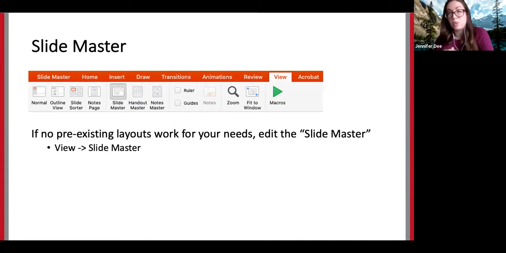Things more in the 24 range are pretty good, but it does vary depending on the font type that you're using. You might have noticed sometimes if you're typing in one font and then you change the font style, it sometimes will look smaller, even though it's the same size, because different font types will look bigger or smaller.